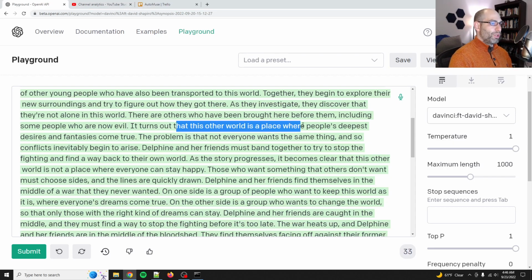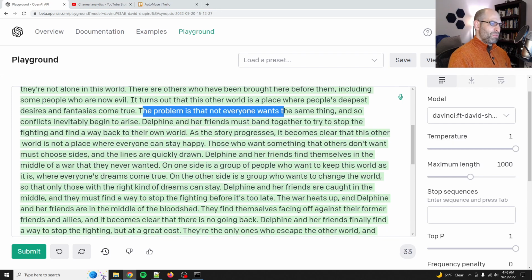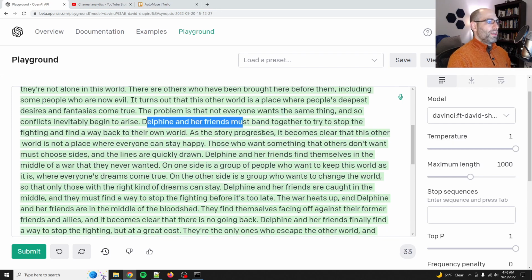It turns out that this other world is a place where people's deepest desires and fantasies come true. The problem is that not everyone wants the same thing, so conflicts begin to arise. This is pretty cool. Delphine and her friends must band together to try and stop the fighting and find a way back to their own world. This kind of reminds me of Sucker Punch. As the story progresses, it becomes clear that